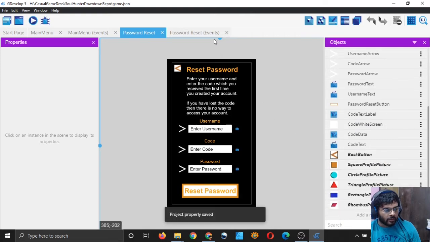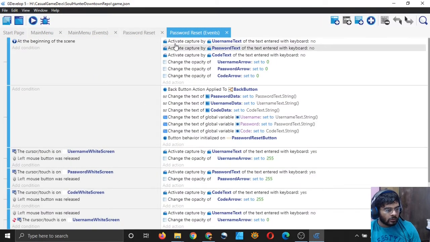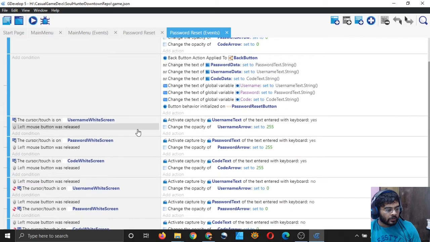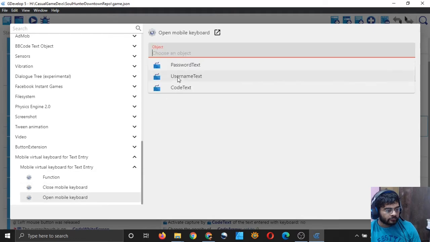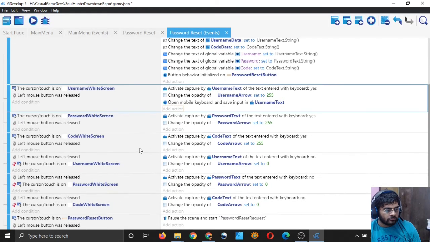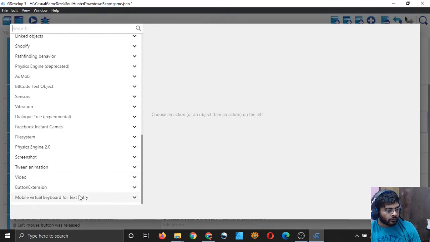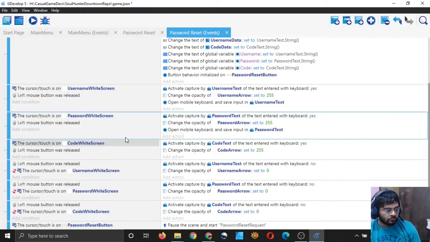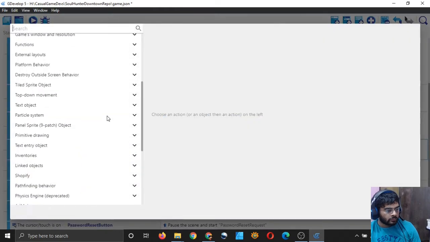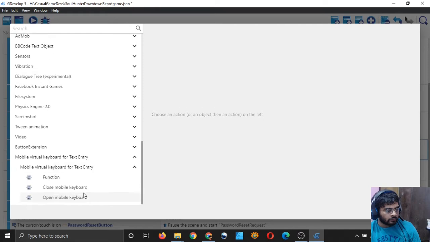So we have done that, and now in the events, first of all, when we activate the username widescreen, then we will activate the virtual keyboard for the username text object, then for the password text object, and then for the code text object.